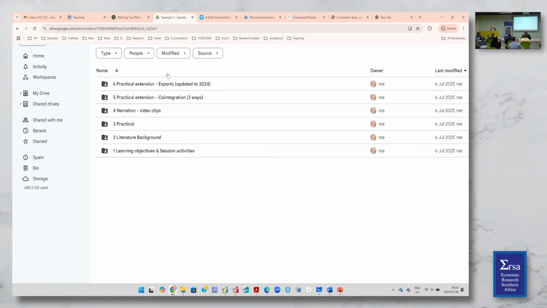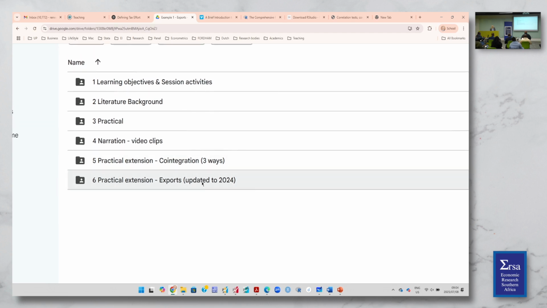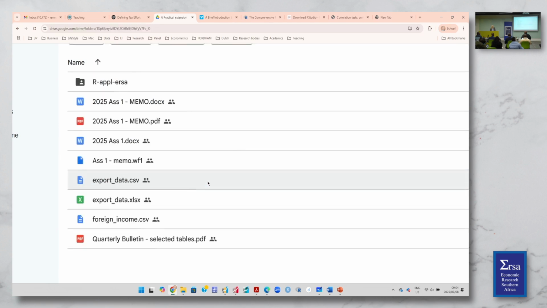So if we go to practical 2, it is in this last folder, practical application, the extension where the exports are updated to the end of 2024. And then just to keep it similar, I think eventually maybe you keep all your research projects somewhere in your documents folder, or